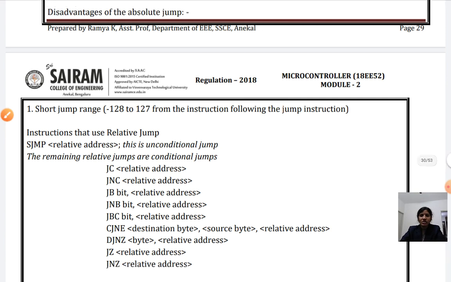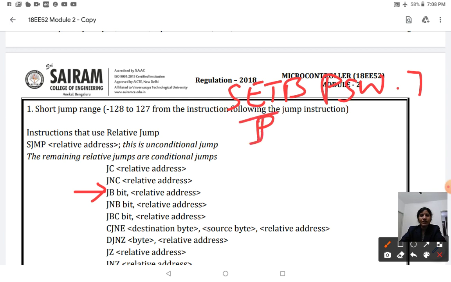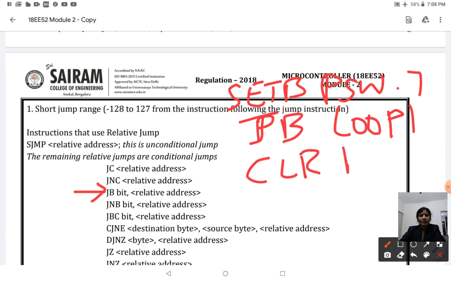Next, JB. JB means jump bit. So for a particular bit, for example, if I am saying SETB PSW.7, and now I am going to use JB, jump bit, loop 1, else CLR PSW.7.